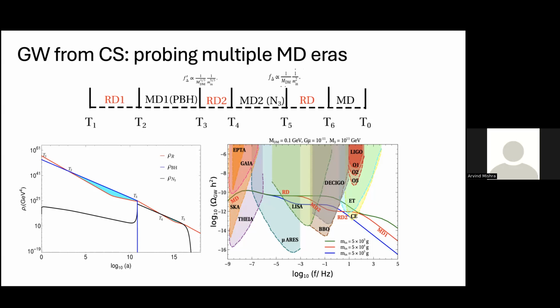Okay, and one more question. I think you also told that because of PBH evaporation, the right-handed neutrino is also produced, right? But at the same time, as we know, PBH evaporation also leads to light particles, like normal neutrinos and all those things. And you are not considering any interaction between the normal neutrinos and these right-handed neutrinos?